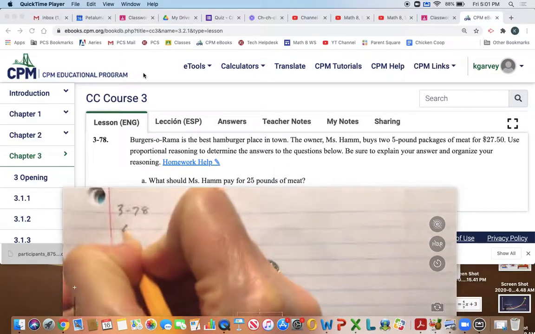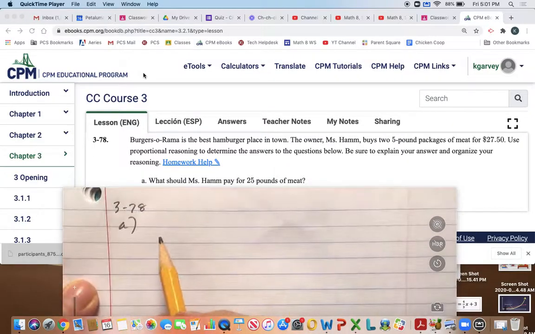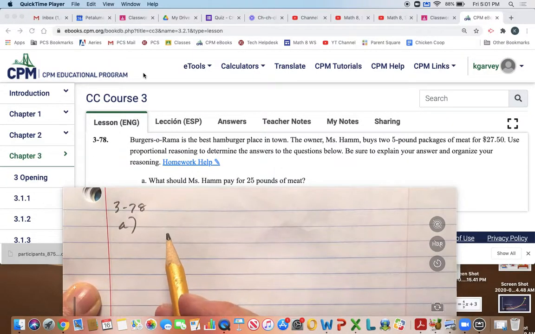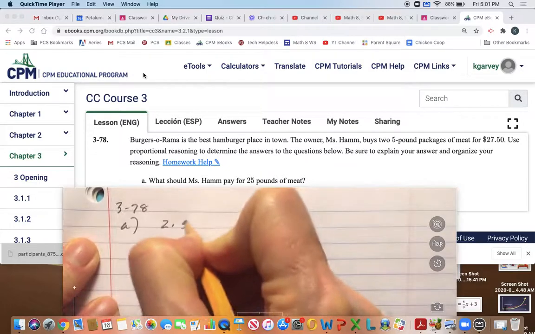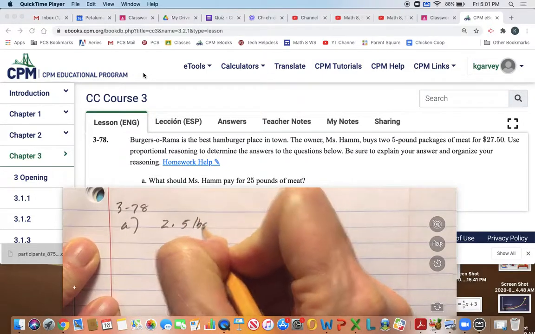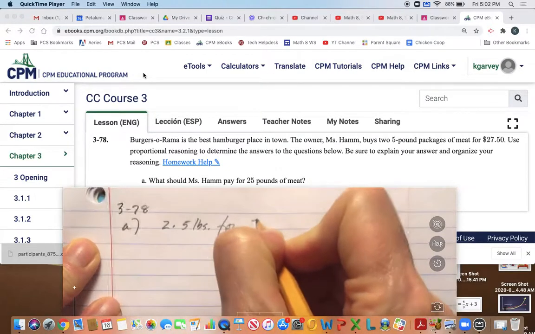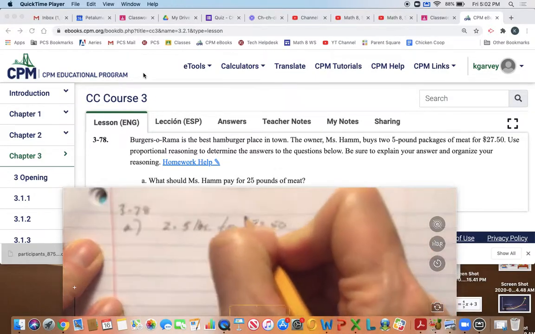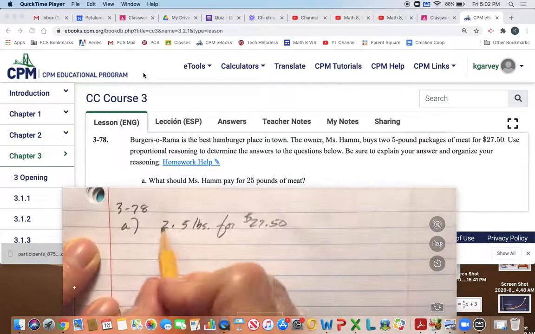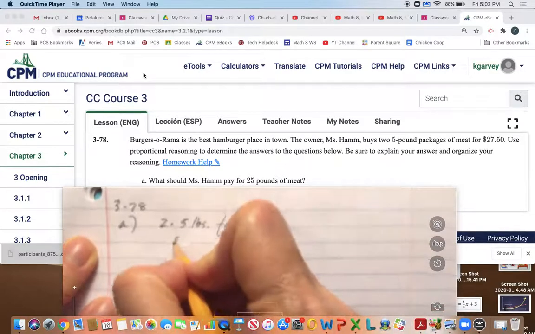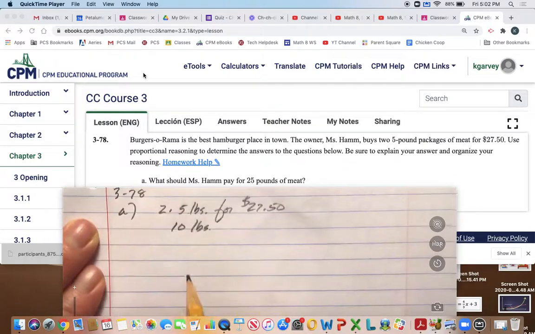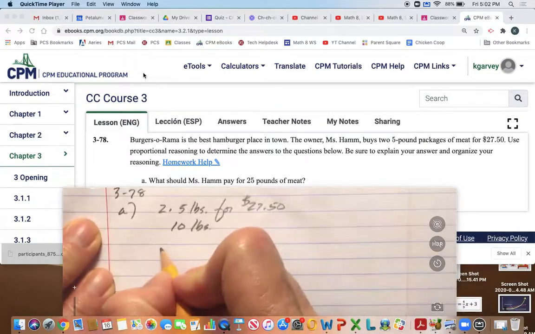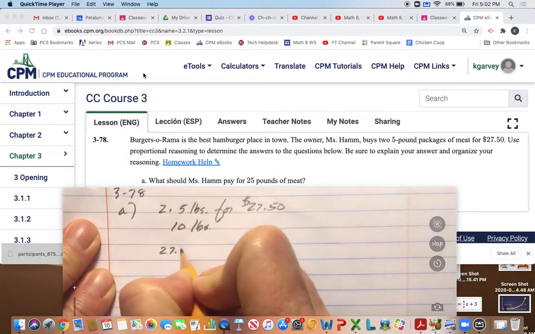3-78, A. All right, what should Ms. Ham pay for 25 pounds of meat? Okay, so we know she can buy two 5-pound packages for $27.50. And two 5-pound packages is really 10 pounds. So if we're going to set up our first ratio for this, it would be 27.50